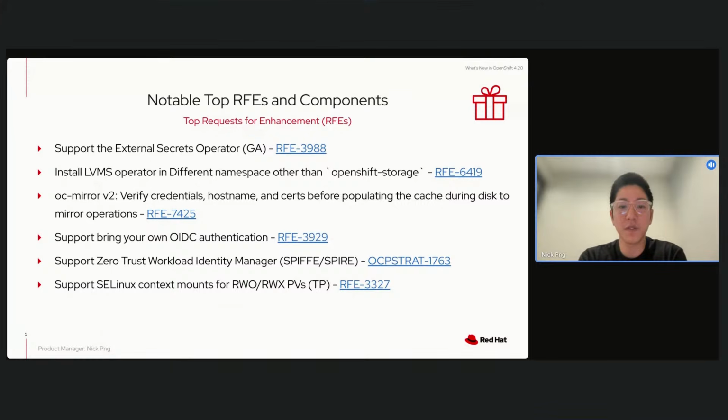Also, we have the default installation namespace for LVMS, which has been changed. This should improve monitoring of the operator as it no longer conflicts with the namespace for ODF. We also bring improved oc-mirror v2